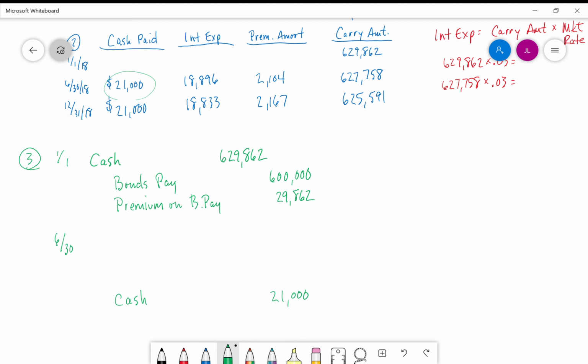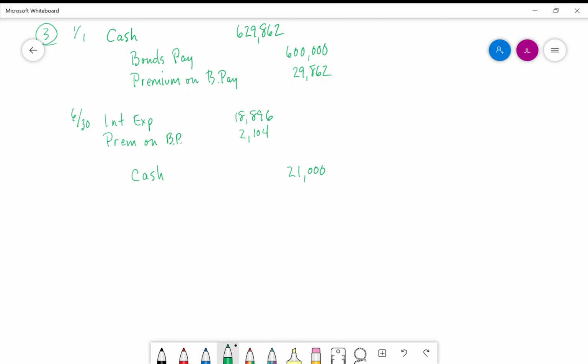Looking at our amortization table, we've calculated our interest expense, and so has our premium amortization. So essentially, we have an interest expense of $18,896, and we are now debiting the premium on bonds payable, because remember, we need to get that to zero, and the amount there is $2,104. On December 31st,